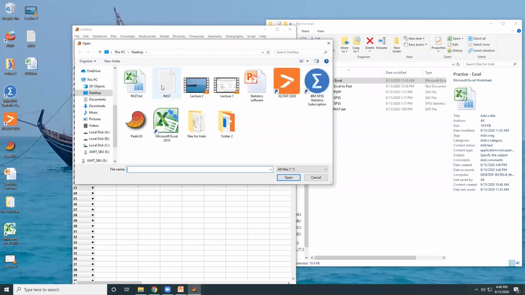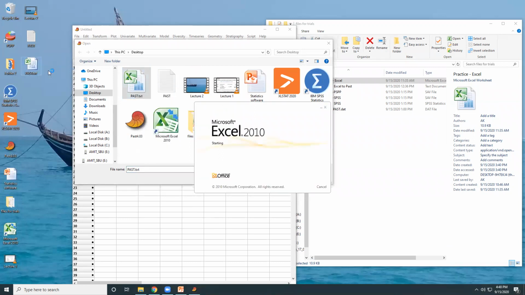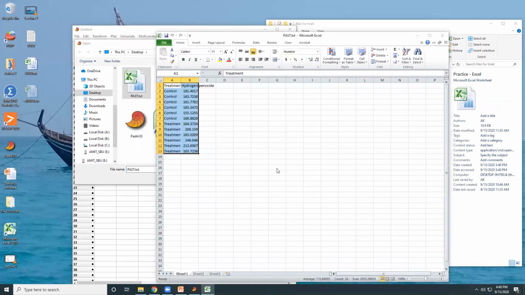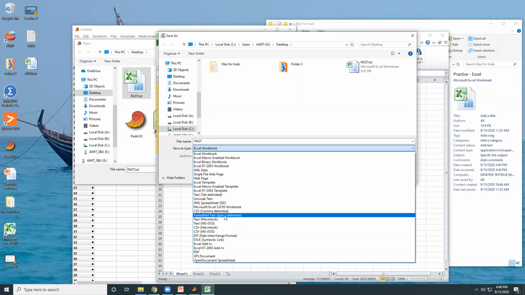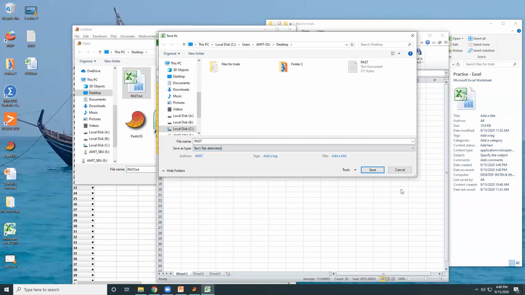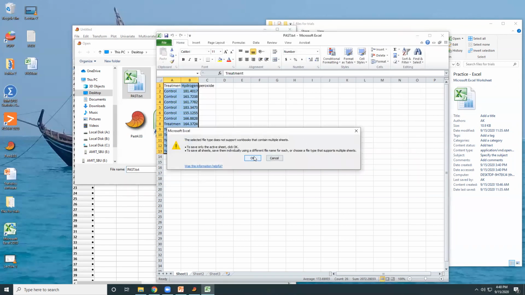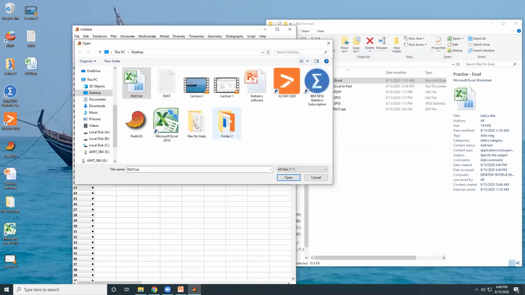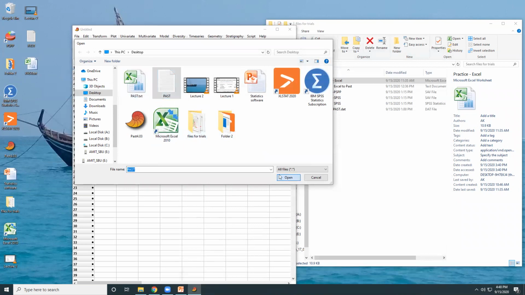Go in and open. And now we have this file.